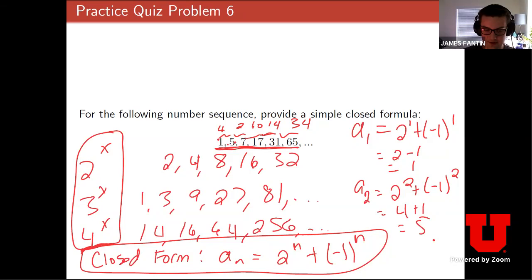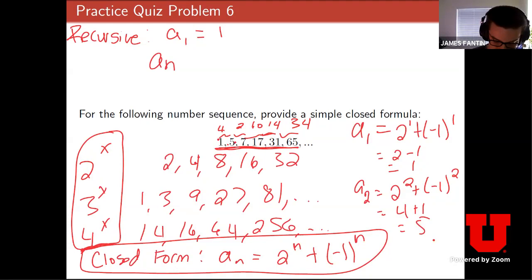But to get that example that Jake was asking for, a recursive one, let's just do this as an example. For a recursive formula, we always need 2 things. We need the base case, and that's easy. It's just a sub 1 is 1. And then we need to figure out the recursive form. It looks like Colby had a guess earlier. What they noticed is between these values